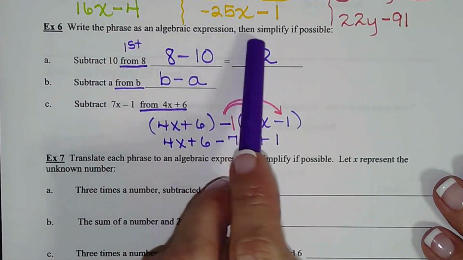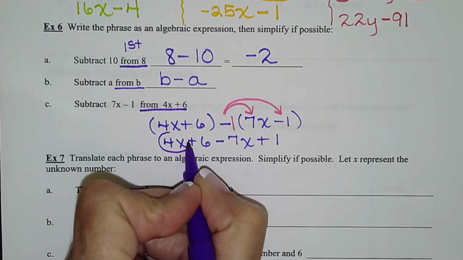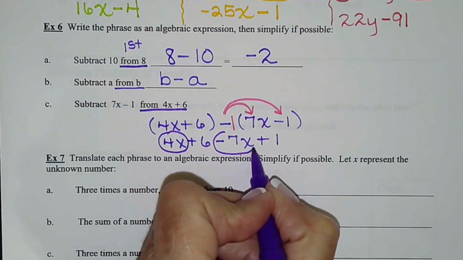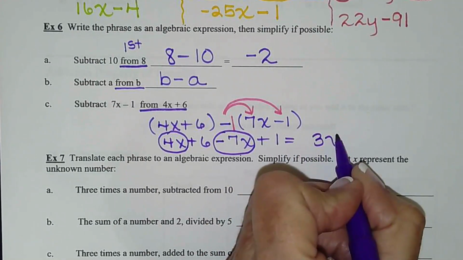And then it says to simplify. So now we have to do what we were doing earlier. So 4x minus 7x, the signs are different, so we subtract. 7 minus 4 is 3,